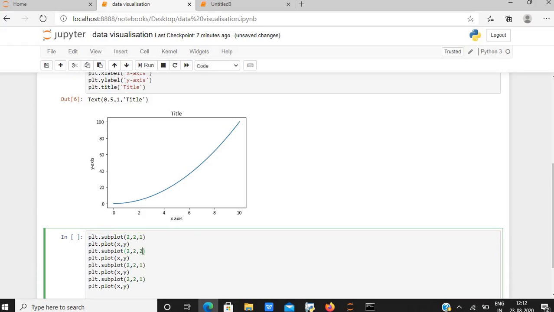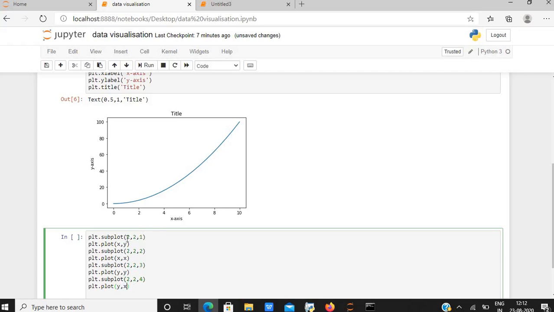Here I am making it 2 and plotting x, x. Here I am making it 3, and I am plotting y, y. I am making it 4, plotting y, x.